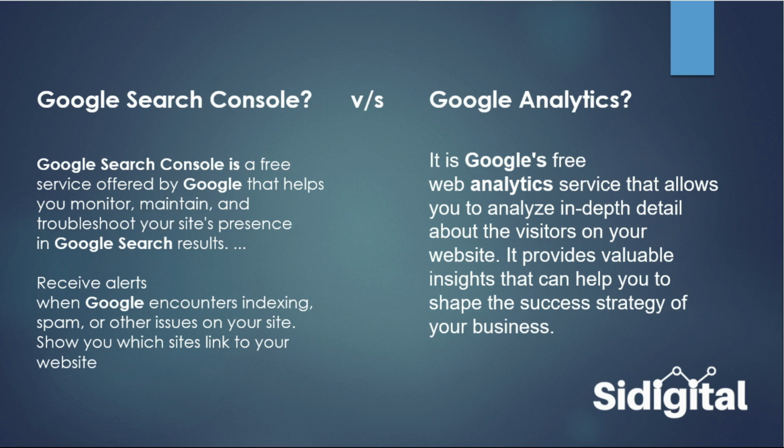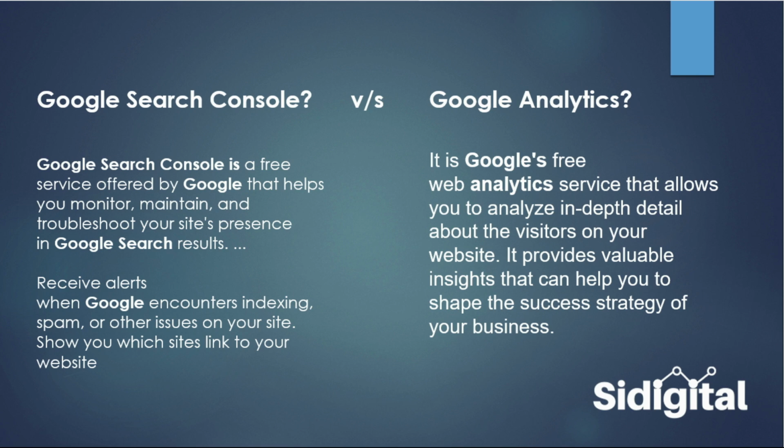Whereas Google Analytics is broadly capturing what is happening inside your website, right? Right from your impressions to the number of users that are coming in and so on. So Google Search Console is basically resolving if you have a broken link, if the sitemap is not working, if something has gone wrong with your website. On a technical level, Google Search Console is the go-to. Whereas if you are struggling to bring in traffic, where are you stuck? What are the problems you're facing? What are the things happening on your website? What is popular? What is not? That is what Google Analytics is resolving.